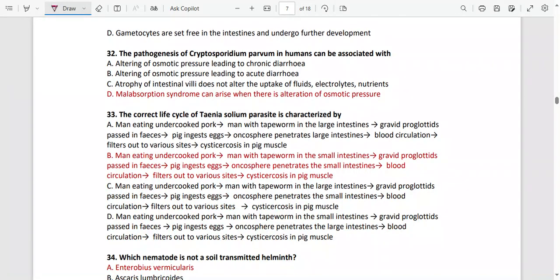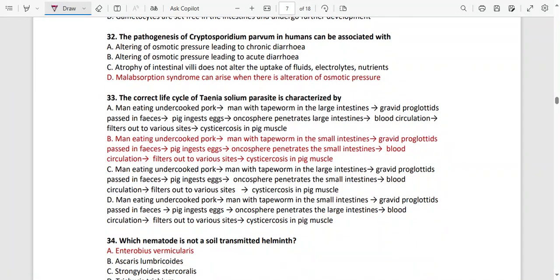Number 32. The pathogenesis of Cryptosporidium parvum in the human can be associated with alteration of osmotic pressure leading to chronic diarrhea, alteration of osmotic pressure leading to acute diarrhea, atrophy of intestinal villi does not alter the uptake of fluid, electrolyte, nutrients. Malabsorption syndrome can arise when there is alteration of osmotic pressure. So this is an important concept of crypto. There is malabsorption. I think we did mention this. There is malabsorption in